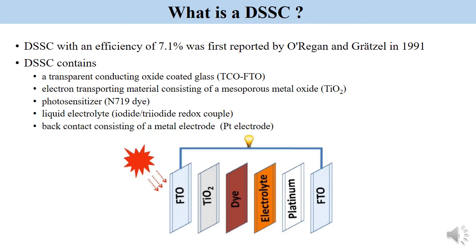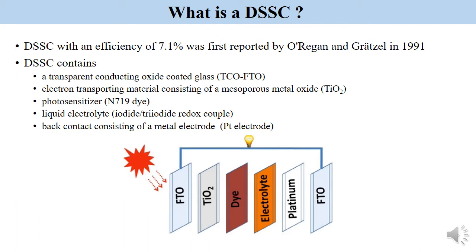First one, a transparent conducting oxide coated glass. A transparent conductive oxide coated glass plate is used to collect the photoelectrons and transfer them to the external circuit. In general, fluorine doped tin oxide or indium tin oxide coated glasses are used. Second one,